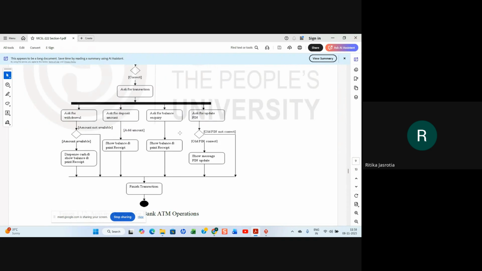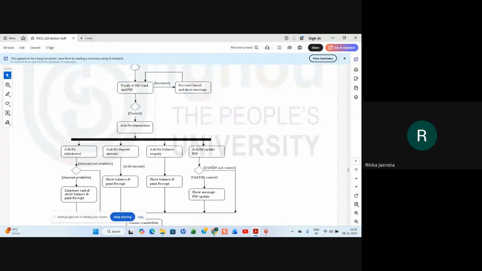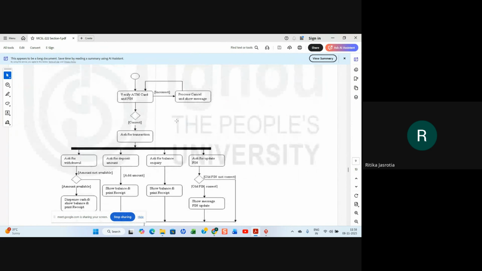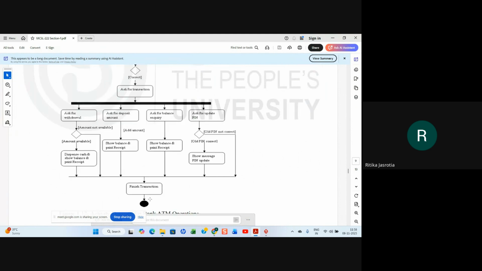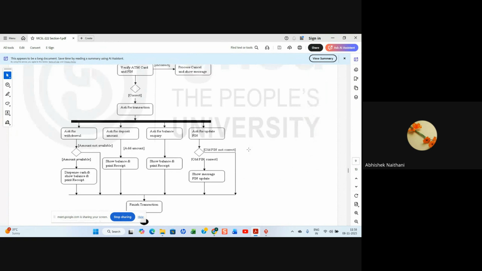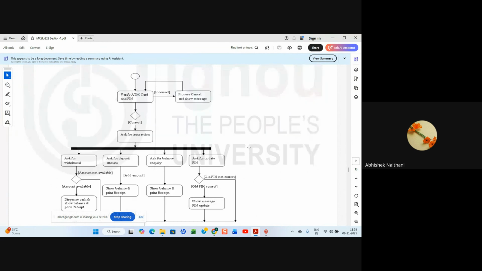Class? Yes, madam, this is similar to the flowchart, right? This is similar to a flowchart. It will have a start and a stop, right? And inside you can have conditions, rectangle. Madam, one thing I wanted to ask, the communication diagram also has the same type of things, that it returns to the customer.